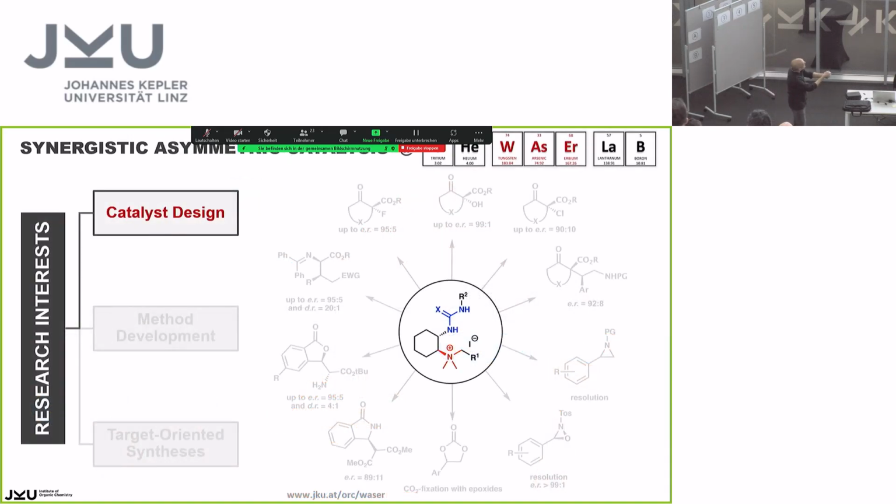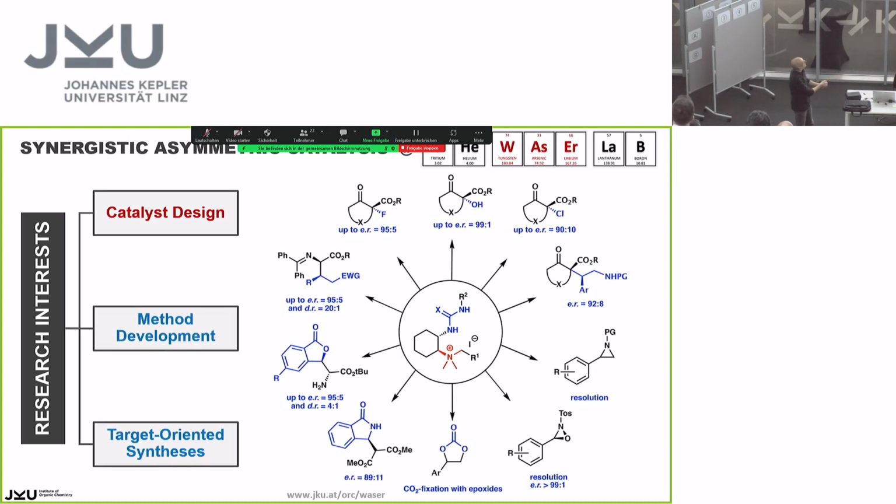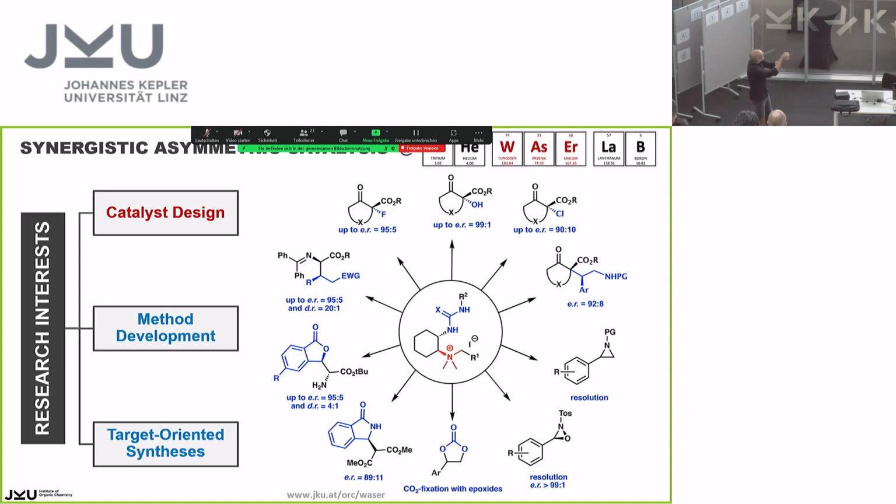This has been going on in my group for 8 years now. We had designed a catalyst where we have an ammonium group. This is our one working horse. We have here another working horse, so it's a different functional group. So both of them are connected in one catalyst motif, and then you can do a lot of different transformations here. This is more for the chemists in the audience. So you can install heteroatoms, you can make molecules with more complex scenarios, you can do carbon dioxide insertion. So this is really carbon dioxide fixation chemistry.